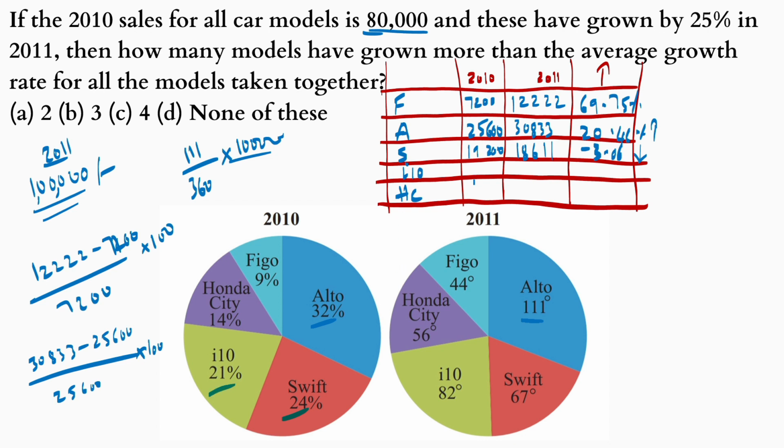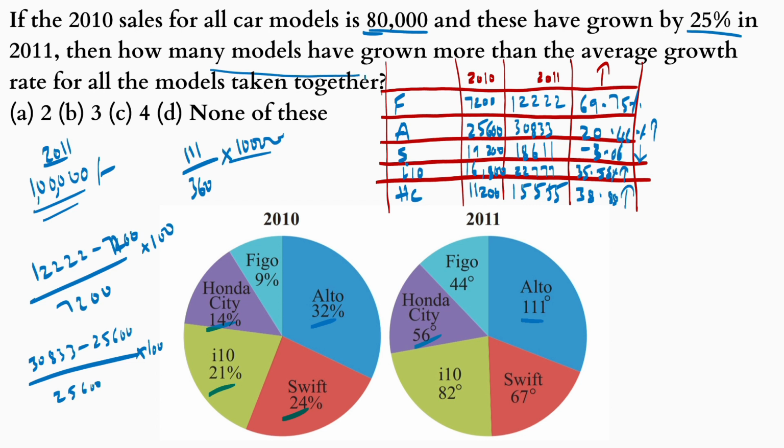What about I-10? 21% of 80,000 is 16,800, and 82 degrees of 1 lakh is 22,777, and there is a positive growth, which is 35.58% increase. And what about the last brand, Honda City? 14% of 80,000 is 11,200, and 56 degrees of 1 lakh is, and the change is 38.88% increase. So if we observe all this, the average growth rate is 25%, but we are asked to